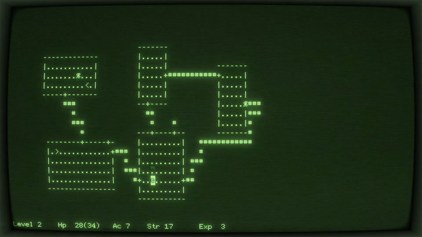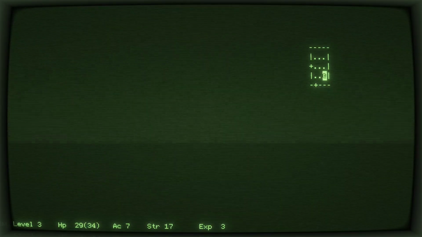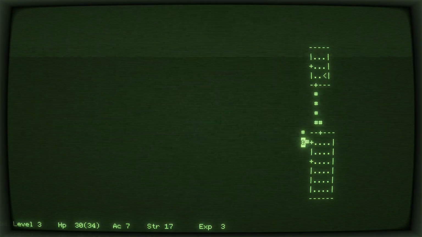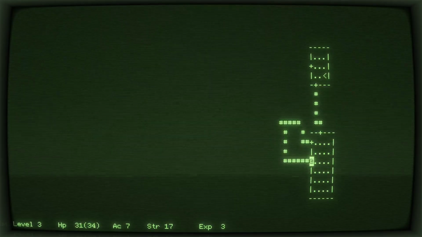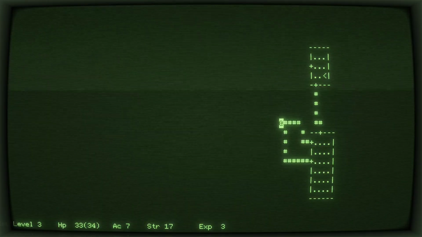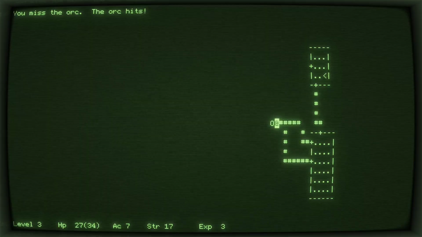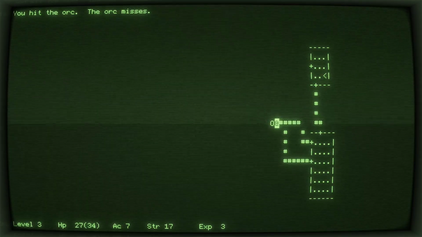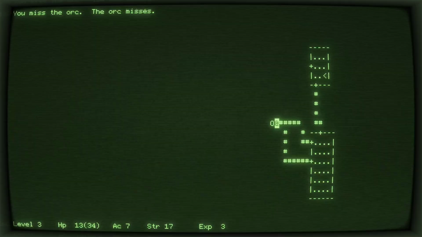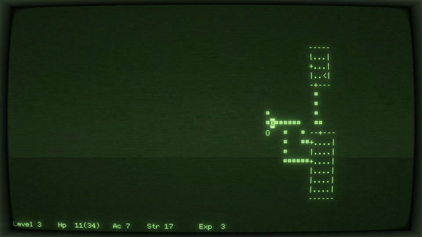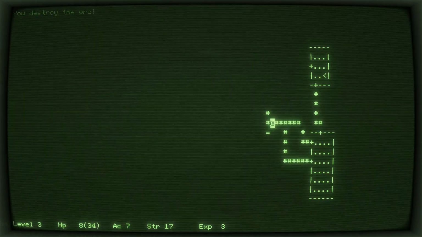Now let's see. Okay, let's go ahead and go down. We still have not come across a shop or any other unusual type of room in any of these dungeons so far. That's a bit disappointing. I'm also very curious regarding the reoccurrence of ghosts, pets, and items from former characters. I wonder if that only happens for the most recent character, or if it can happen perhaps randomly for any previous character. I do not know.